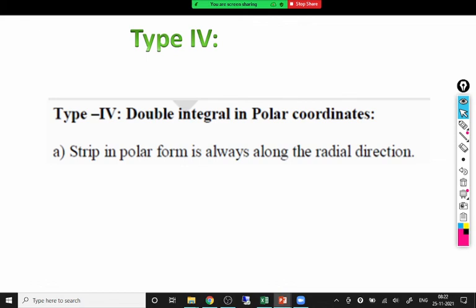Type 4, double integral in polar coordinates. Before we start how to evaluate this double integral in polar coordinates, first let me understand what the polar coordinates are. One of the coordinate systems that you are already familiar with is the